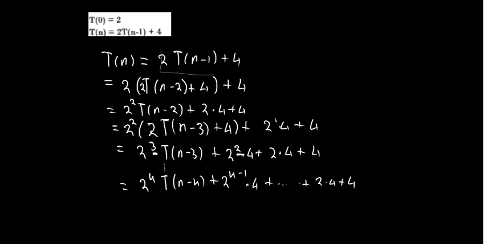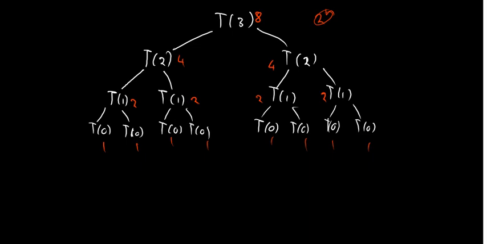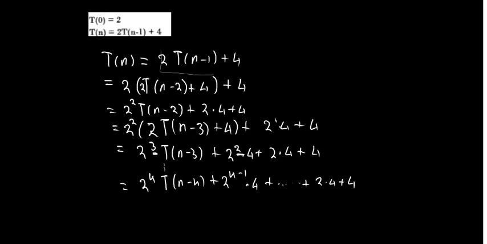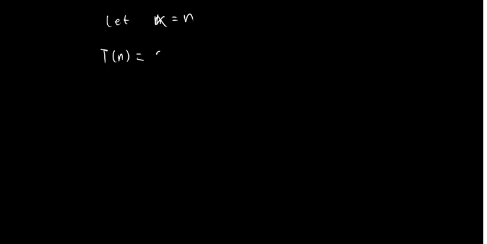But then we assume a point where we let k equal n. We're going to let k equal n. So basically for our T(n) there, we're going to say 2 to the power k, it's already 2 to the power k, then T(n minus k), then this is going to be